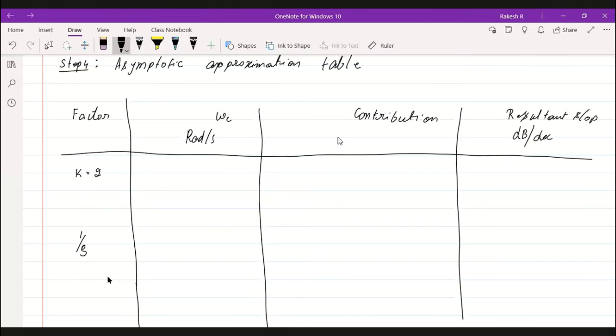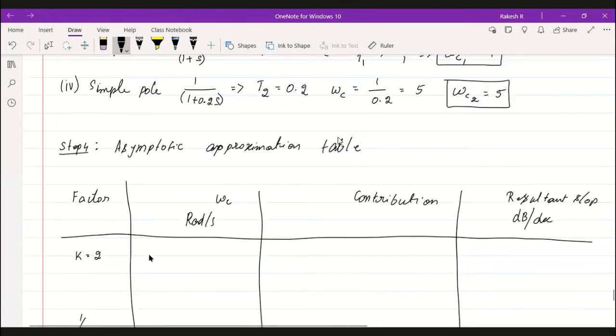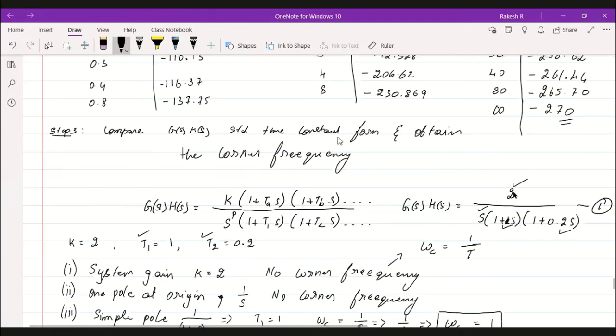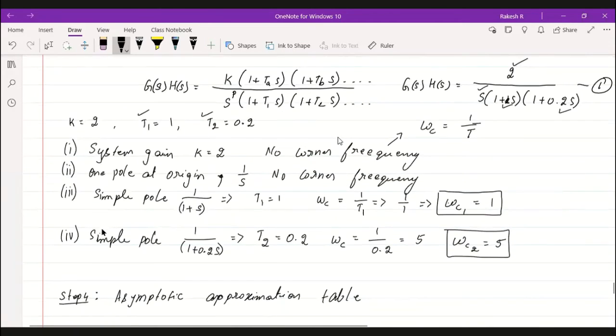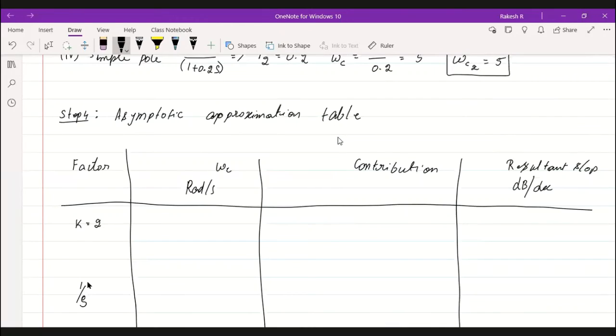Again, I'm repeating. K is equal to 2. Sir, even for other problems, will it be the same, or will it change as the system gain changes? System gain, we will not have any value here, k. If they give k, take that as the same value here. If they have given any value for k, here he has given 2. Sometimes you might be given 50, 60 or something. That value you need to take first. Here he has given 2, so take that as 2 only. First factor is the system gain k. Then the second factor is a simple pole or zero at origin.